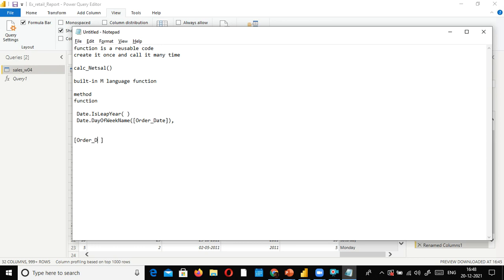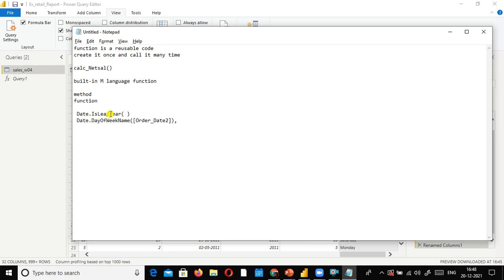When I double click on the date column, order date 2, sorry, I selected order date 2, it selected the order date 2, but it put the square bracket inside the square bracket. This is syntax, okay? So what you need to do is just copy this and paste it inside. It was done automatically by the tool. We don't have to do anything explicitly. It has been taken care of automatically.